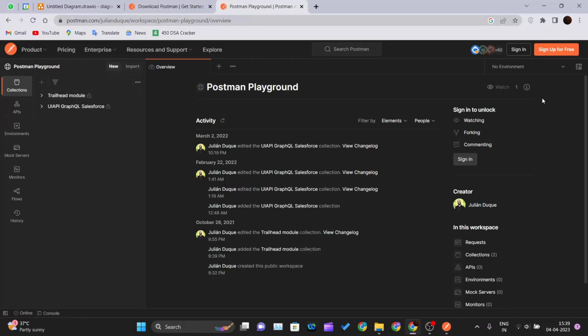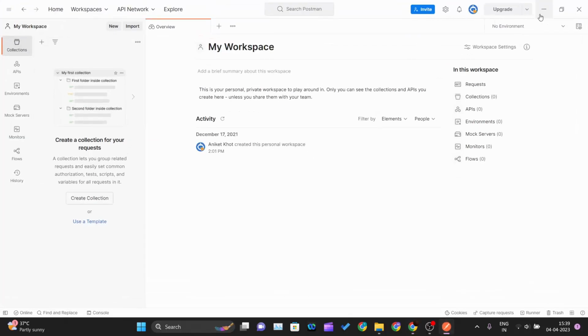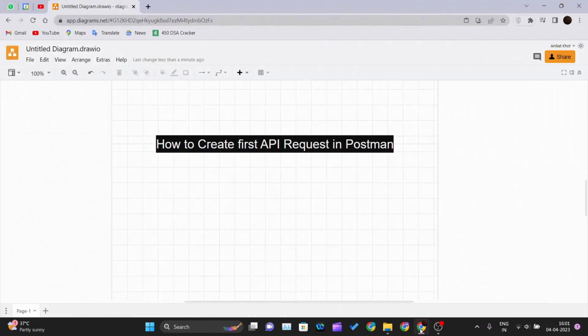So you can prefer any one of these. I generally prefer the application, not the playground, because I like the UI which the app offers us. It totally depends on you which you prefer. So this is how you can install or set up Postman in your operating system, whichever operating system you are using. Today in this video we'll be seeing how we can create our very first API request